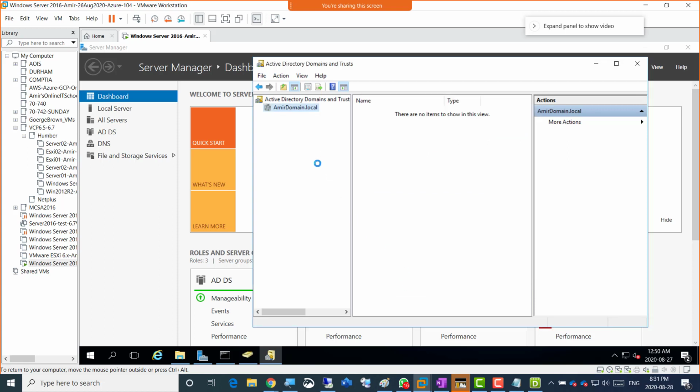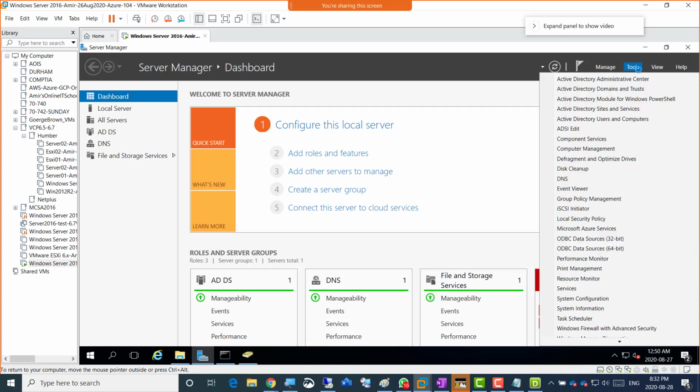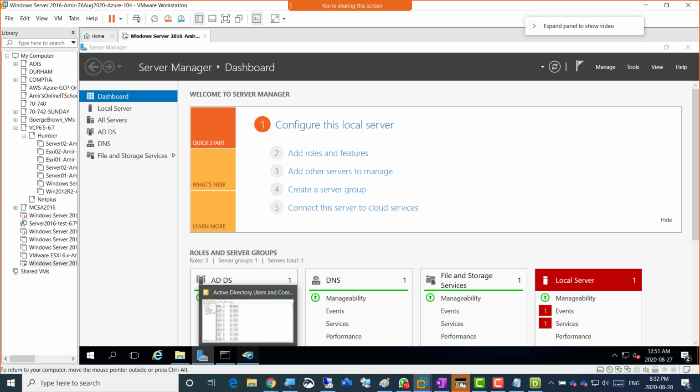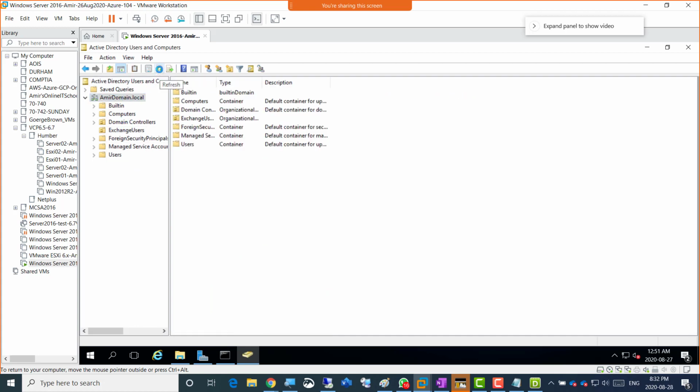So now when you have this alternate UPN suffix or alternate ending domain name configured here, we're just gonna minimize this or close this. Better close this, right? We don't need that anymore. Hopefully you were all able to do that. So then we're gonna go to that yellow book again now. What is that? Active Directory Users and Computers, in Tools and Active Directory Users and Computers. This one. Because it is already open here, I'm just first going to go to domain and refresh just a few million times. Refresh,